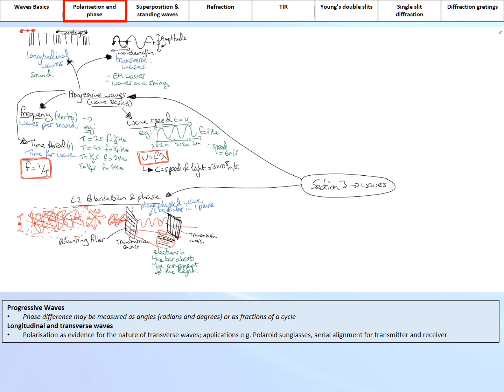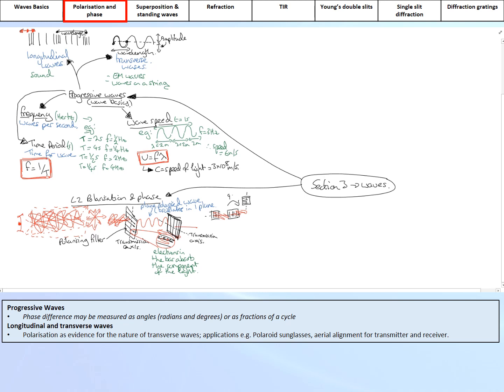So if you had two that were rotated, and supposing they started off in line, so let's say that they were both vertical, with the transmission axis horizontal there and horizontal there, then the left and right bit of the light would go through, and it would go through here. Now if you rotated this one